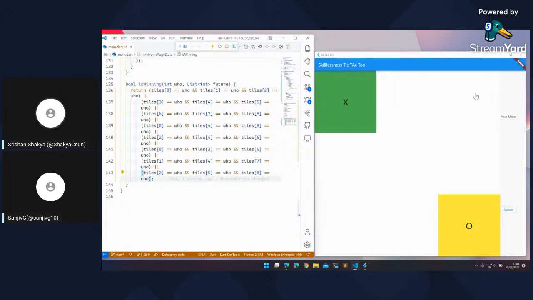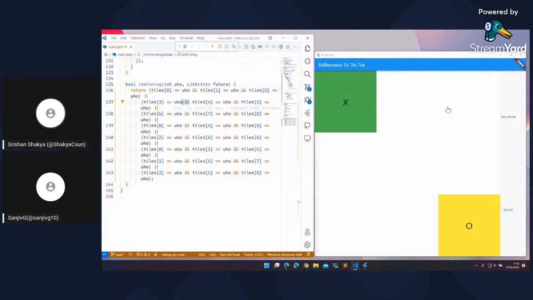If all these are 1 or 2 based on the player we are searching for, if all these 0, 1, 2 tiles contain 1, then the person has won. The one player has won. If all this is 1, then also the one player has won. If all 6, 7, 8 tiles are 1, then also the one has won. So it should be and, not or.